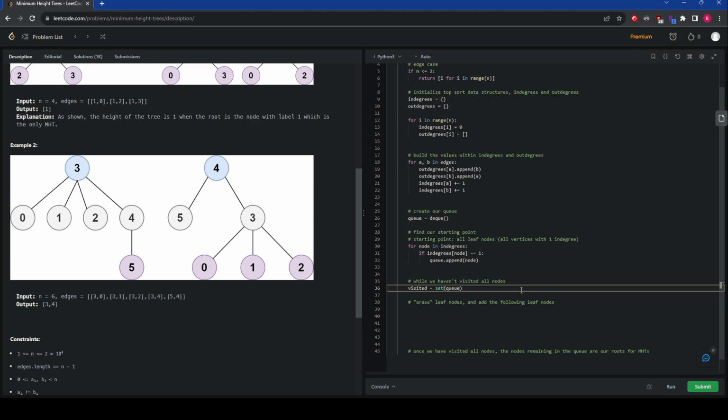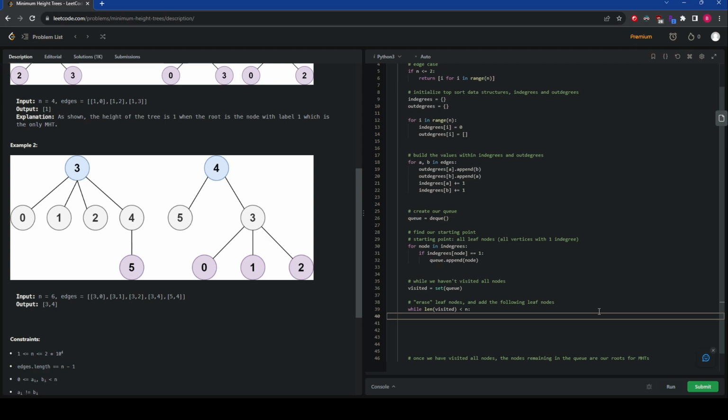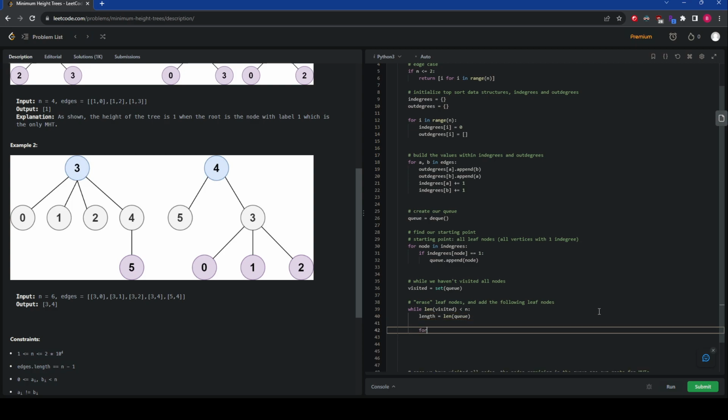The reason why we're doing this visited is equal to set is because while we haven't visited all nodes, while length of visited is less than n, that's going to be our condition to show that we've gone through all of the nodes, right? And then we're going to have a length is equal to the length of q, and then for underscore in range of length. So basically